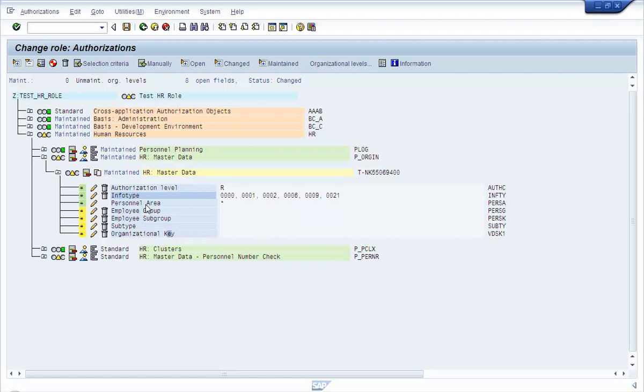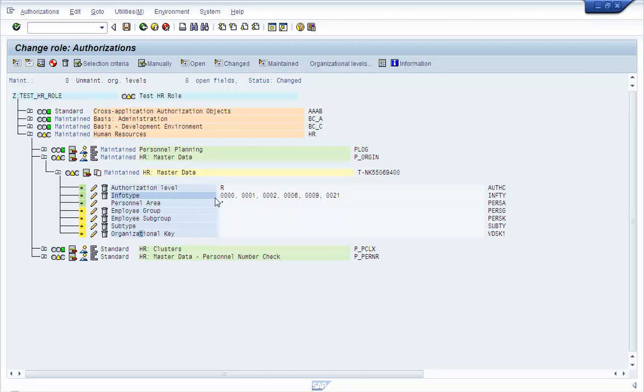So you can build roles or build security that would restrict access by personal area, and within the personal area by a specific employee group. So depending on your business requirements, you can use the personal area, employee group, employee subgroup, organizational key to restrict the data.